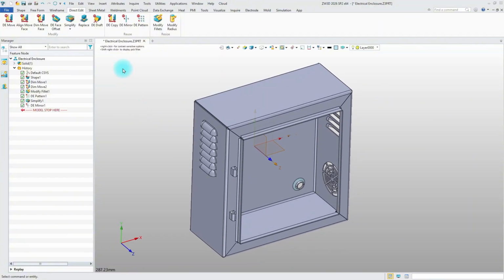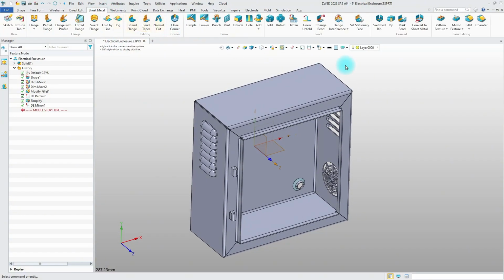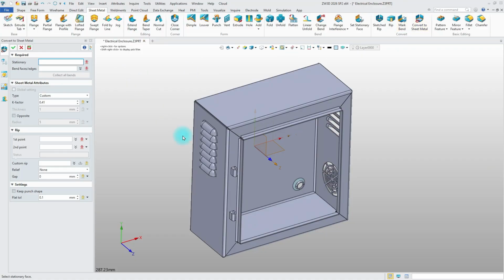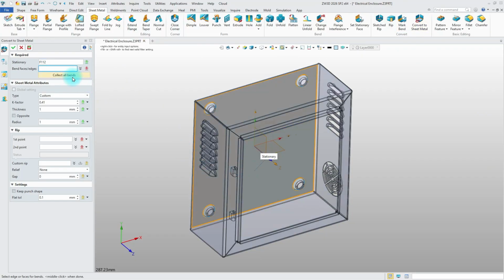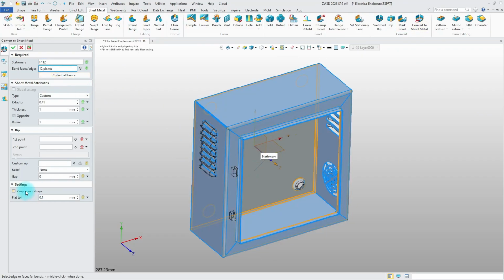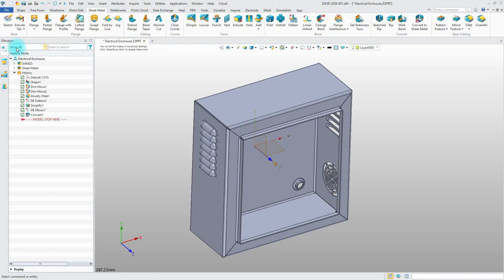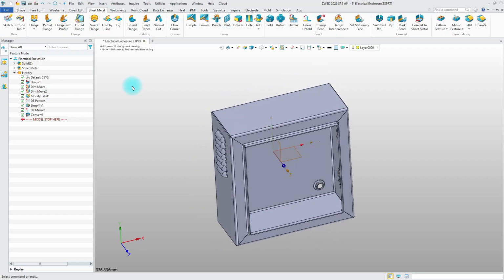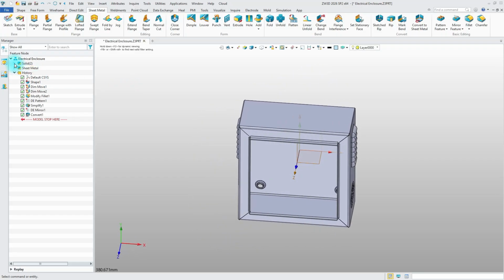From the Sheet Metal ribbon toolbar, we select Convert to Sheet Metal. First, we select the stationary face. We then click Collect All Bends. In the settings, we enable Keep Punch Shape and validate the operation. As we can see in the feature history tree, the imported step model has now been converted into a native